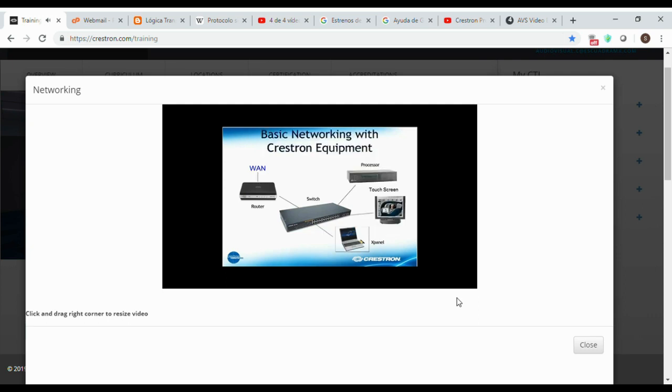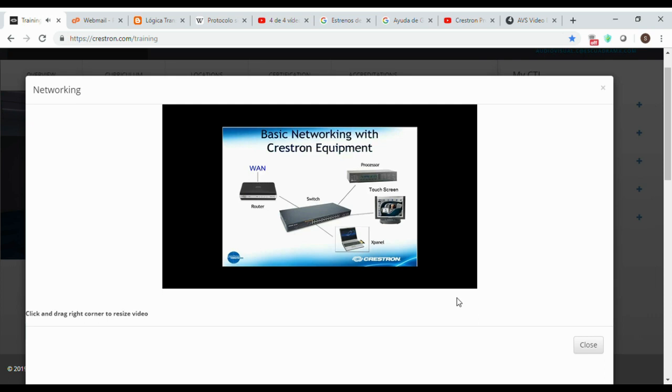Next, we move to the basic setup of Crestron equipment. Processors and touch panels act the same as computers in that they each get their own specific address and have the ability to interact with other devices on the network. And since we have a computer on the same switch, you can use Room View and Toolbox to interact with